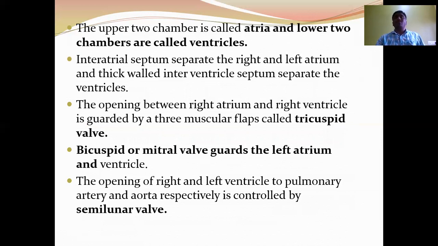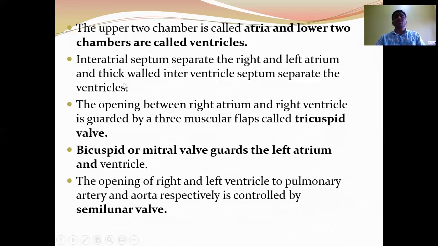The fibrous pericardium has close contact with the thoracic cavity, whereas the serous pericardium is further divided into visceral layer and parietal layer. Visceral pericardium, parietal pericardium. The space between visceral and parietal pericardium is called pericardial space, that is filled with pericardial fluid, which allows the easy movement of heart.